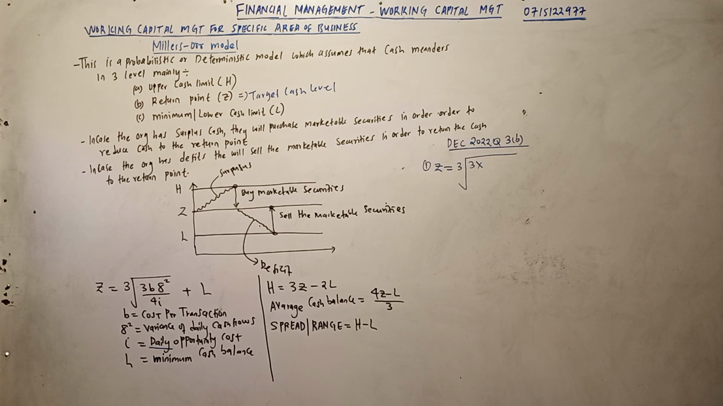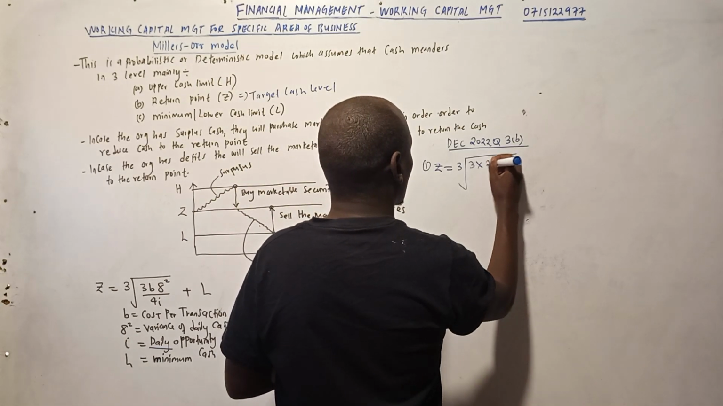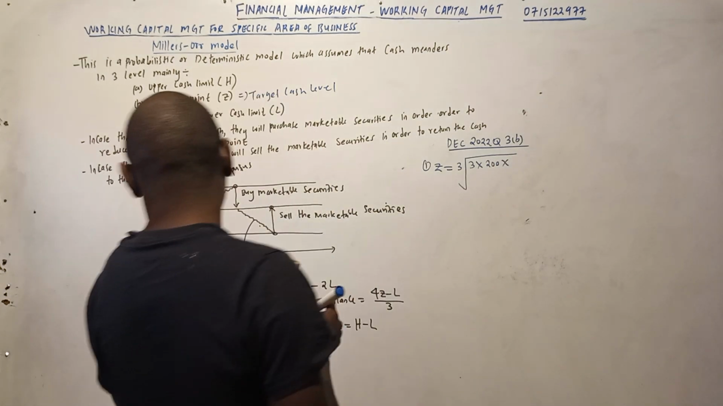Where is it? B. Iko pale chini. The transaction cost for each sale is 200. So iko hapo chini kabisa before kwa 365 days. 200. And then we multiply with